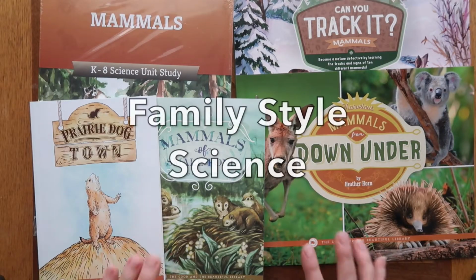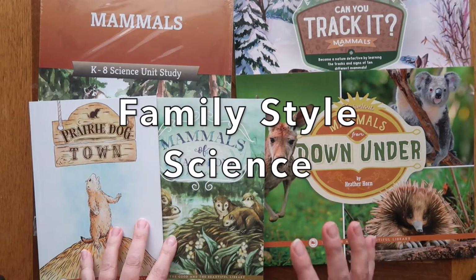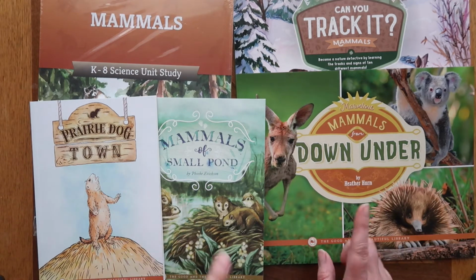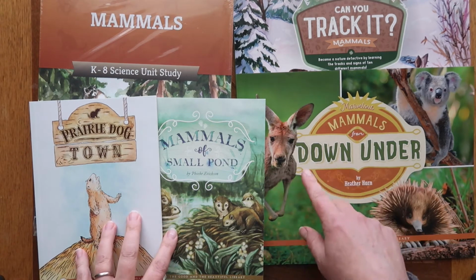What I wanted to do was share what we're using for science in a family study way, because I haven't yet shared that, and then also just make sure that I share what my middle schooler is going to be using independently so that you can see the full science choices that we have made for this homeschool year. So for our first family science unit, which means my 4th and 7th grader will do this with me together,